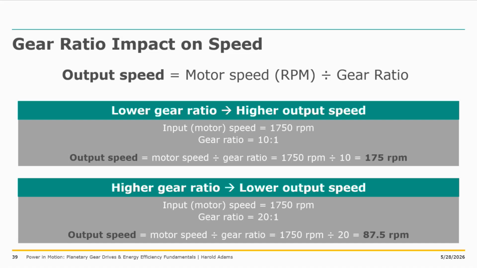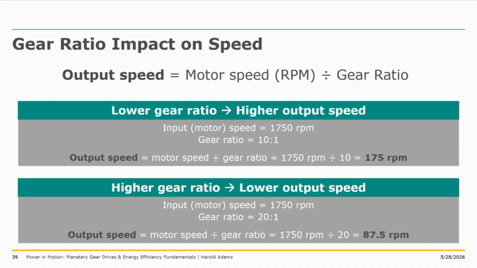now need to determine, okay, so what does that mean as far as our output speed? In other words, in our case, again, for submersible mixers, our propeller speed. So a lower gear ratio yields a higher output speed. And in this case, we have a 4-pole motor spinning at 1750 RPM and a gear ratio of 10-to-1. Our output speed for this case now is